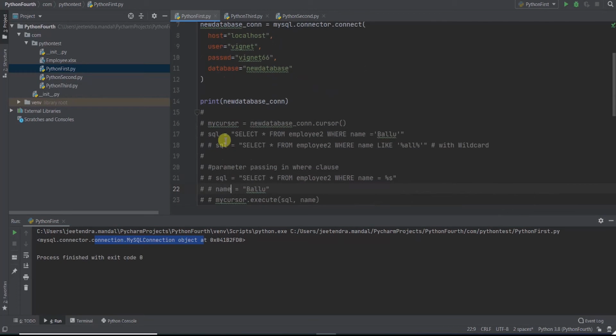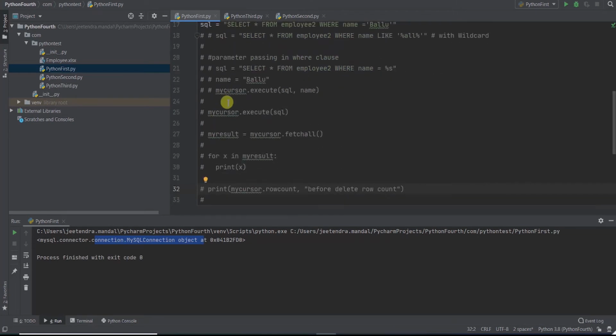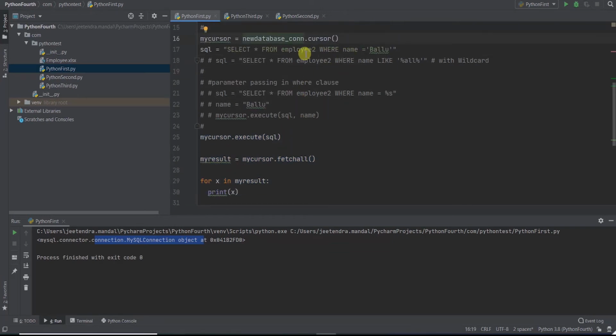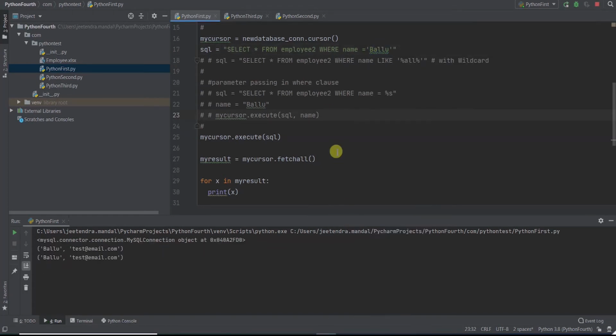Now I'll do some MySQL operations here. I'll try to select some rows from one of the tables. I've created one table in a previous session, employee 2, and I have added records. If I want to fetch all records with name Balu, let me try to run this program.